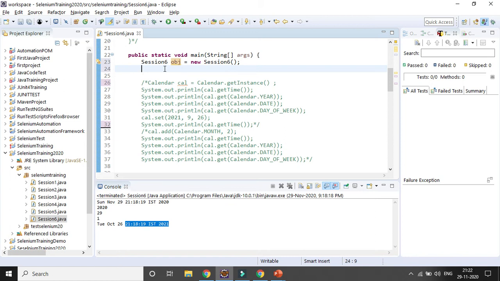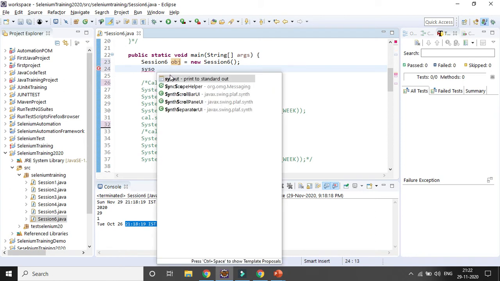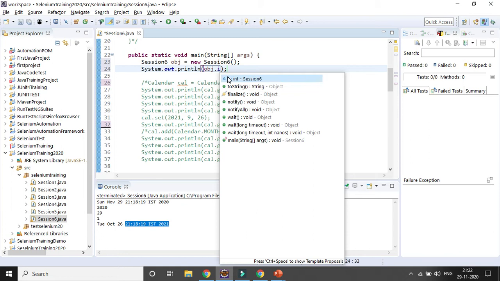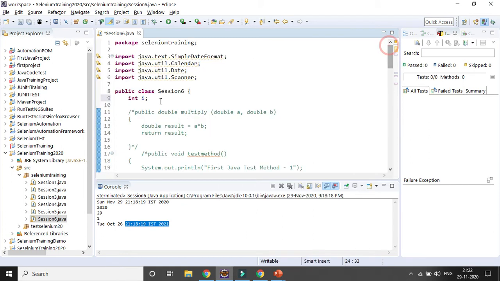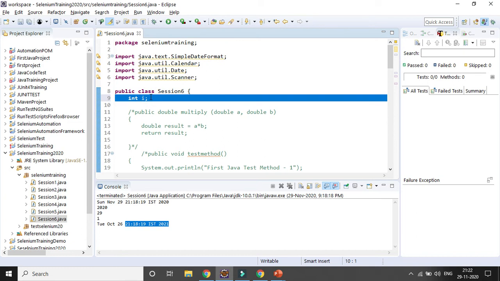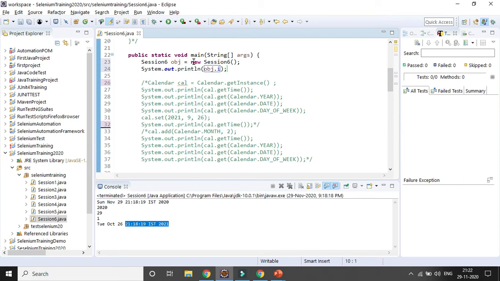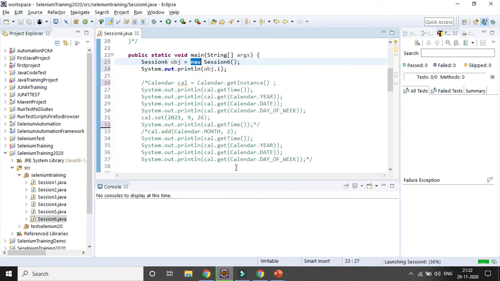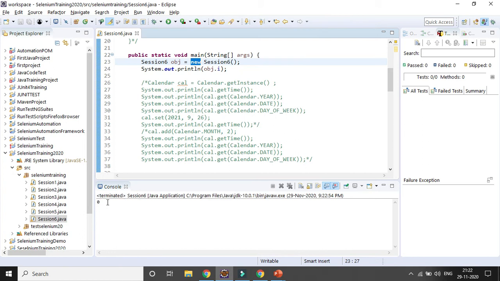It will get the default value. So what is the default value for int? It will be 0. Dot I, you can see it's coming. I did not assign any value here, I have just defined the variable with the data type. So initialization happened through the constructor. As and when you use new, by default a constructor is created and it gives you the default value. You can see the default value is coming as 0.